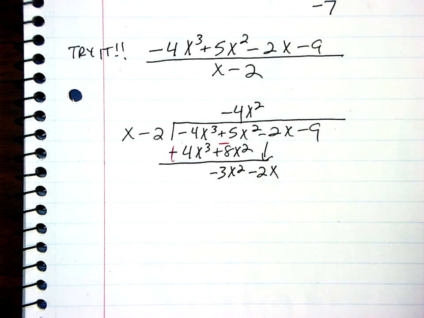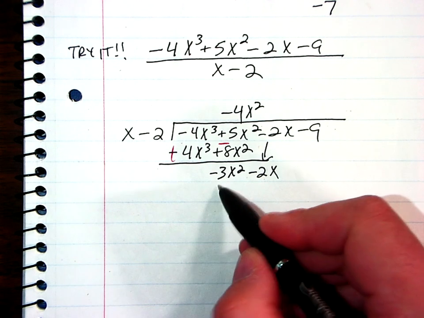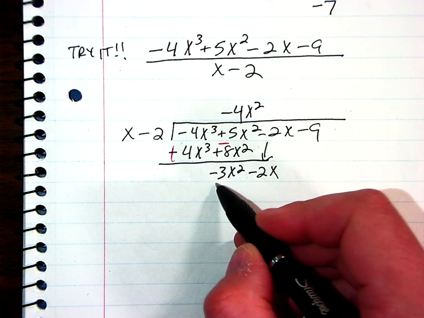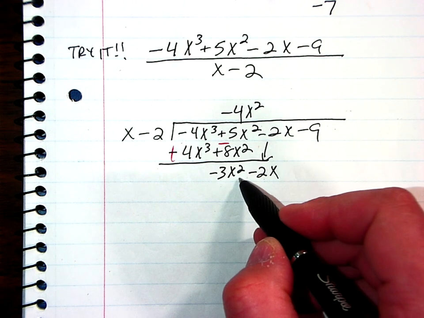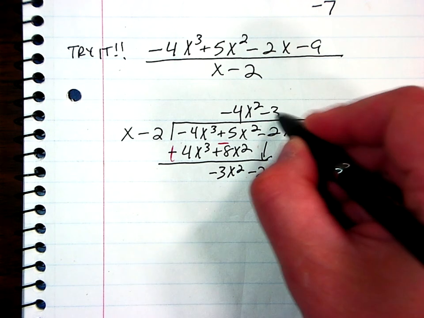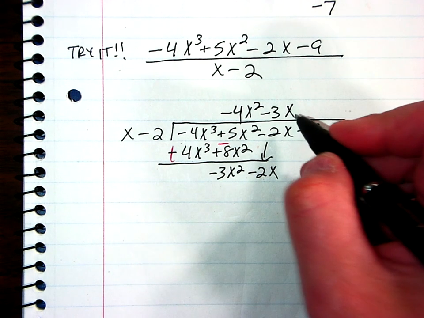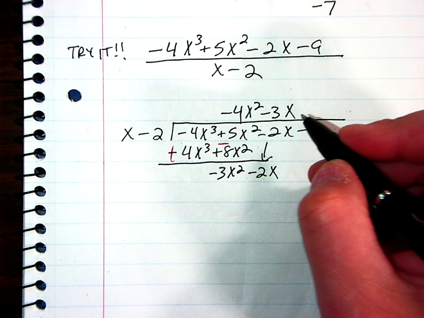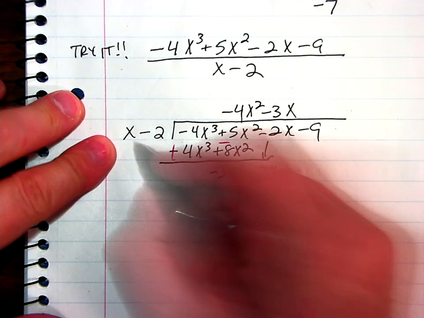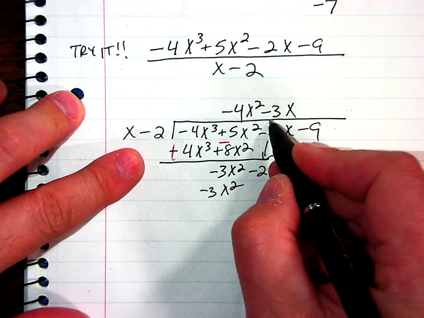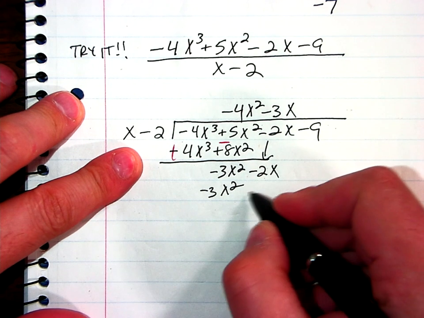All right, x times what is negative 3x squared? That was a good guess. Negative 3x times x is negative 3x squared. All right, Jonna, negative 3x times negative 2 is